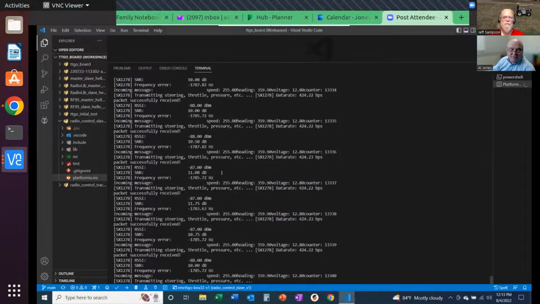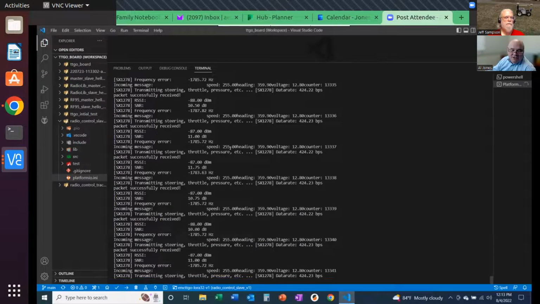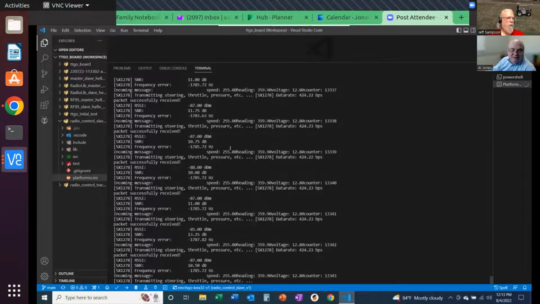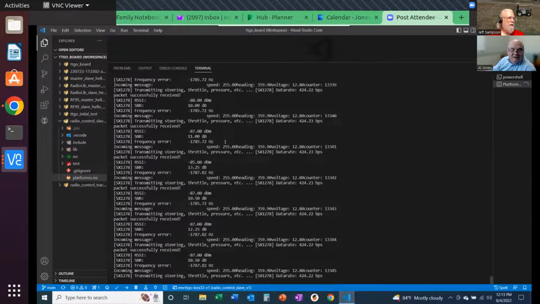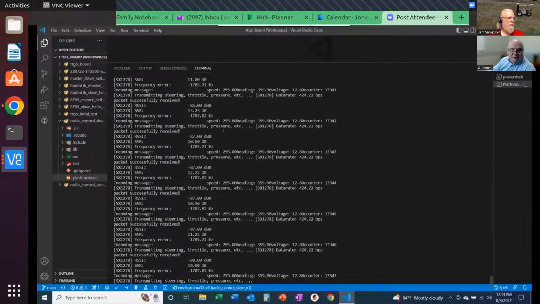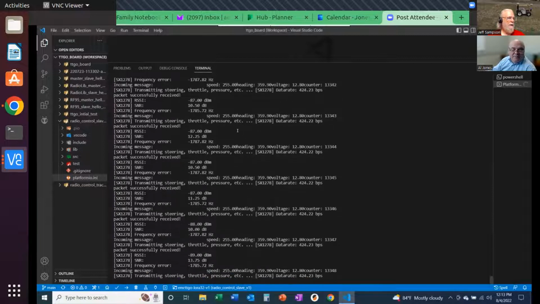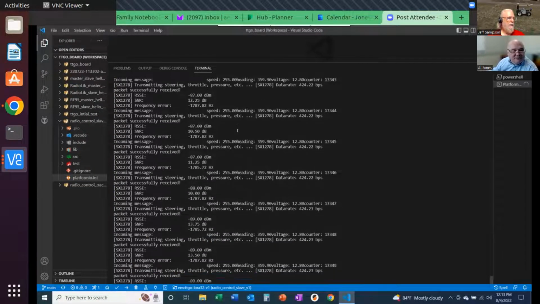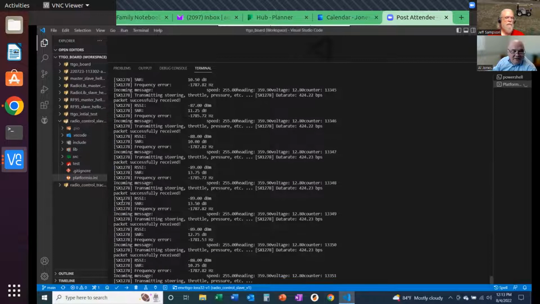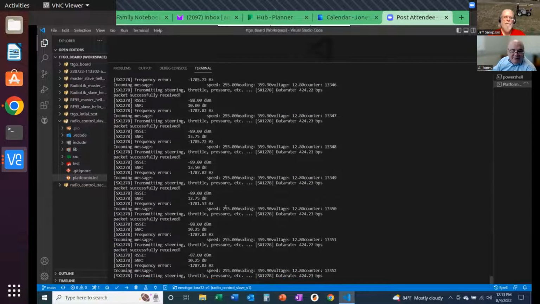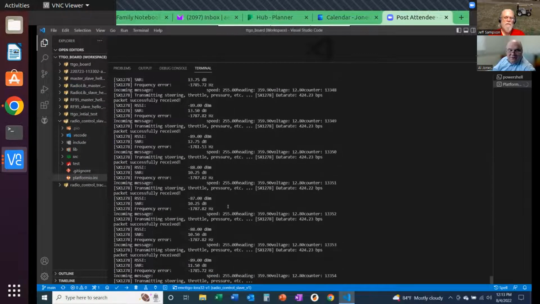And so this laptop also has another TTGO board connected to it, and it's sending the steering, throttle, and different data, but it would also be receiving back from the tractor. I think we've started with